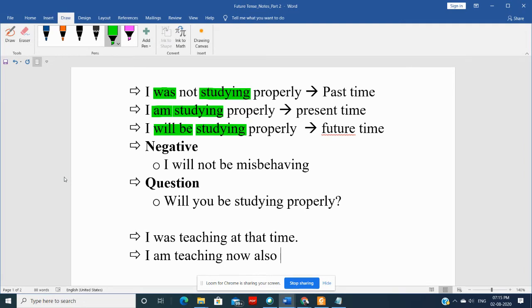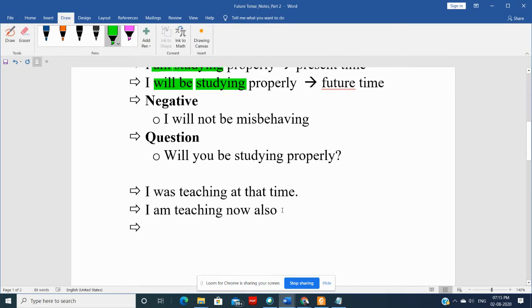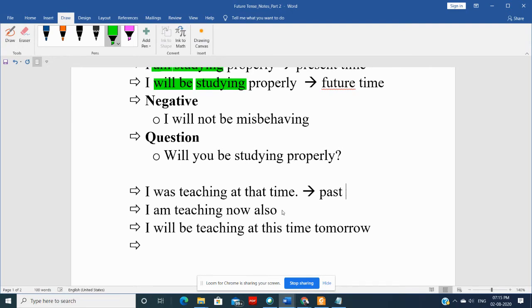So can we please talk tomorrow? And then she's telling me, okay, fine, I'll give you a call tomorrow at this time. Then I'll be saying, hey, wait, don't call me at this time because tomorrow also at this time I will be teaching. Okay, I will be teaching at this time tomorrow. So please don't call me at this time. All right? This is just a situation for you to understand how we can reply. Okay, so I was teaching at that time, so I couldn't attend your call. So it is referring to past time.